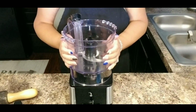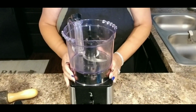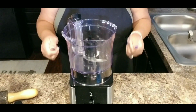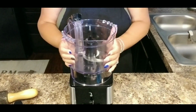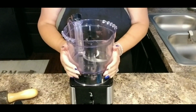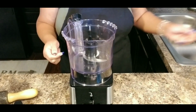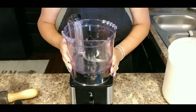So, I use a food processor for this, but you can also use a bowl and 2 knives or 2 forks for the cutting process. I just find it easier to do it in the food processor, and I'll tell you what I mean in a second by the cutting process. But first, we're going to start with 2 cups of flour,